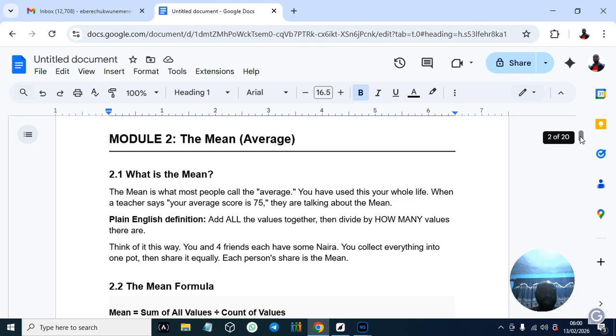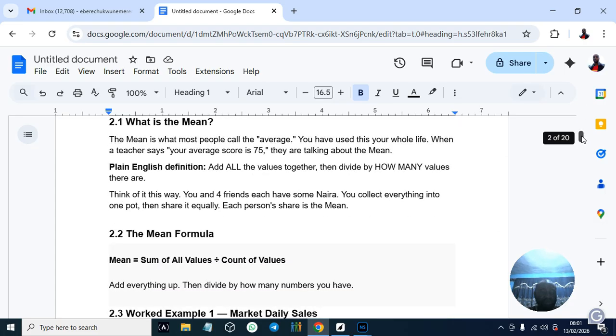In plain definition, you add all the values, then divide by how many values there are. If it is 5, 7, 8, just add them together and divide by the count, which is 3. That's simply what the mean is.